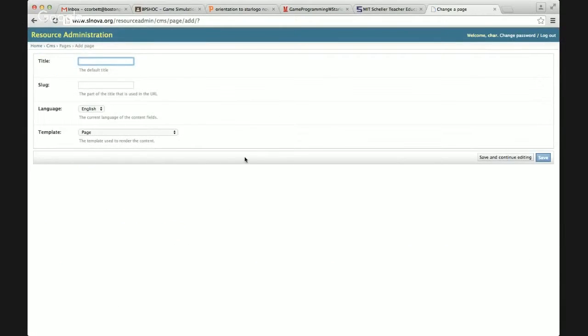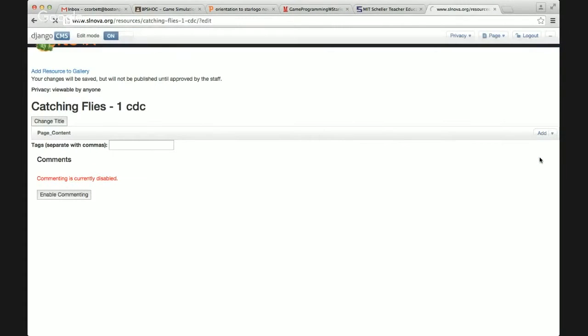So what we're going to do is add a new resource page. The very first thing is we click here, add a new resource page. The title of it is going to be Catching Flies, and I'm going to say -1 CDC, only because I've done Catching Flies several times and I need to make the name unique. So Catching Flies -1 and then my initials. I hit save, and I'm going to enable commenting